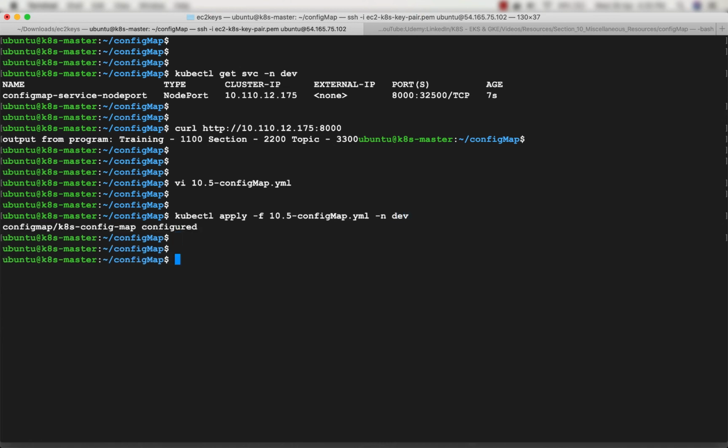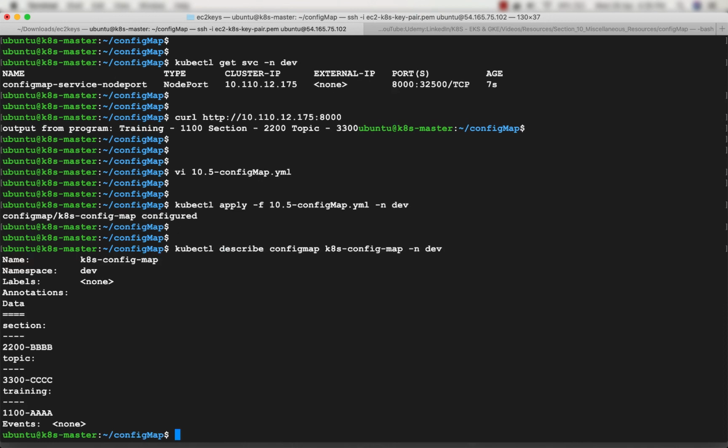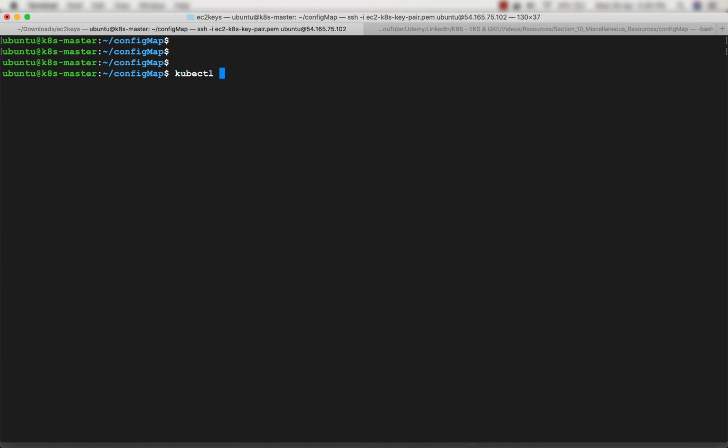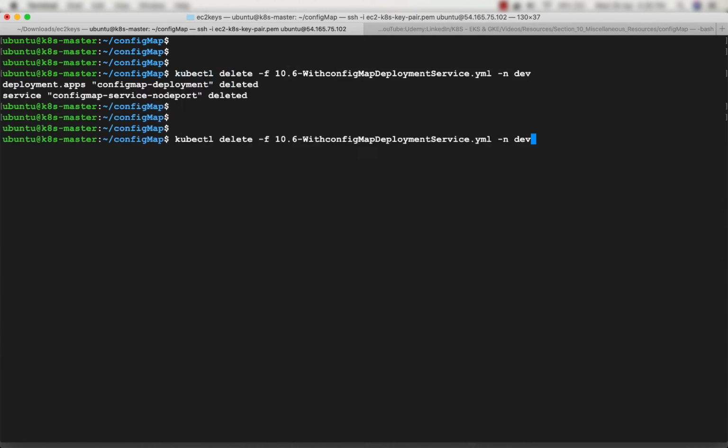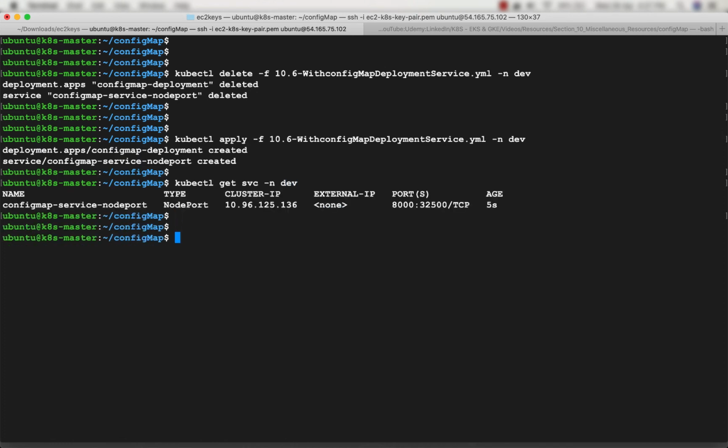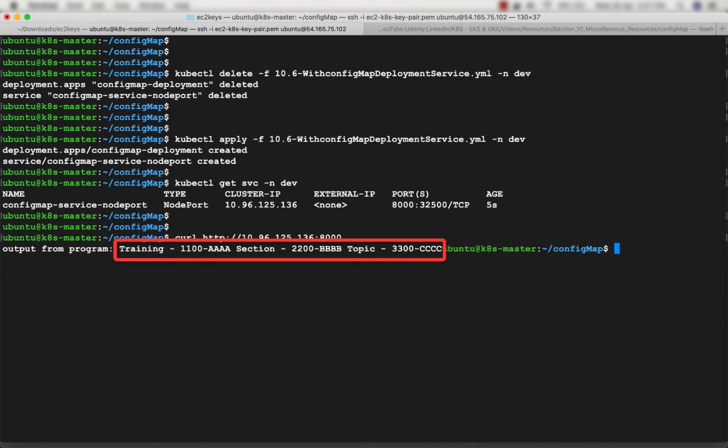So the config map has been configured. Let's do a describe. Alright, the values of config map have been changed. Let's delete the pod or delete the deployment, and if we create it again and access the service, the value should be 1100 AA, 2200 BB, and 3300 CC.